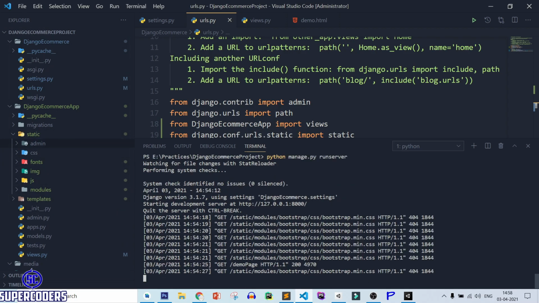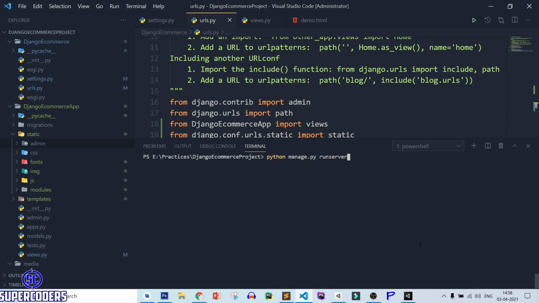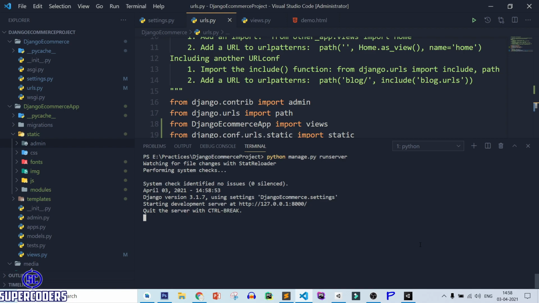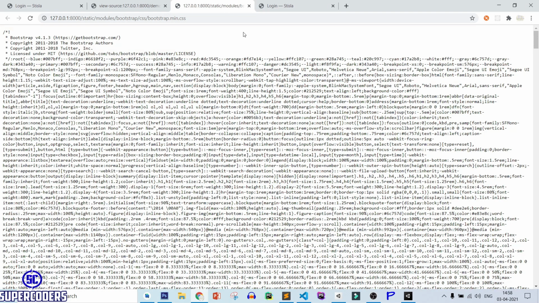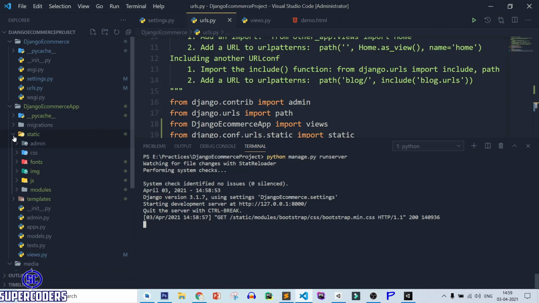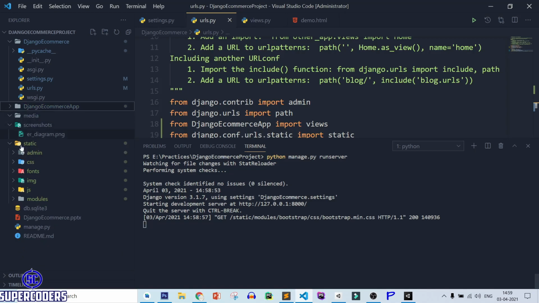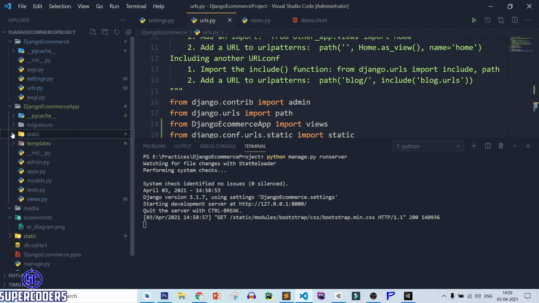Now after that I can come to this page, close it, clear the console, and run the server command again. Let's try to open the page again, refresh the page, and you can see this time it's working. So here I just did a simple step. Instead of loading the static files from our parent directory, I moved all the static files into our app folder, and after that it's working perfectly.